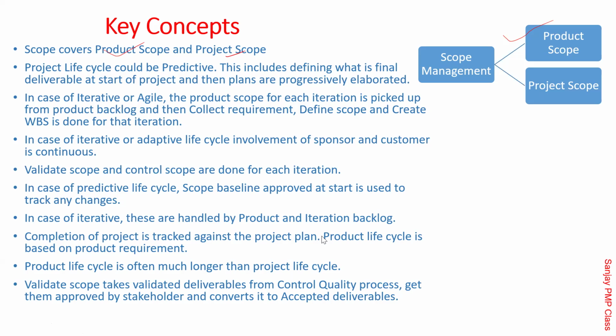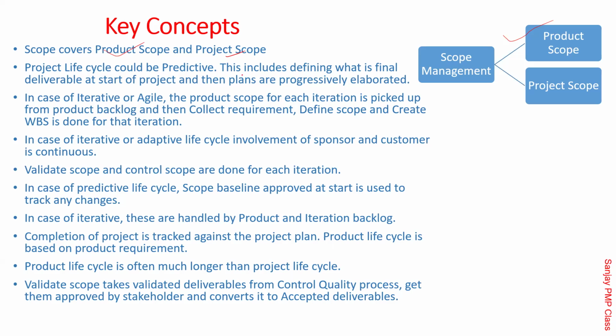Your team getting trained in the appropriate technology is required for you. That's called project scope, but not necessarily product scope. Product scope is whatever they create and deliver. So project scope and product scope are both there, and in scope management you need to address both. Changes to the product scope are certainly changes, but changes to the project scope are also changes. You need to route them to the same process.